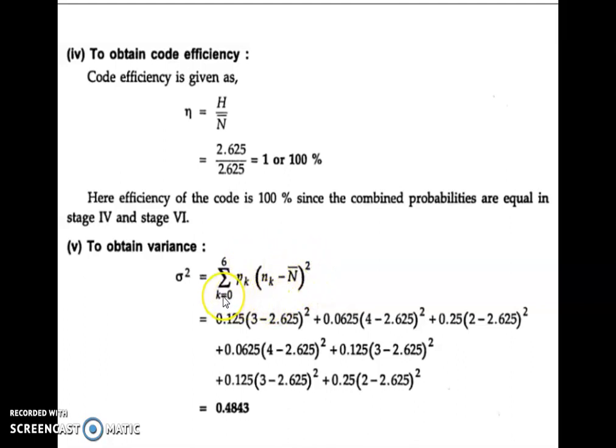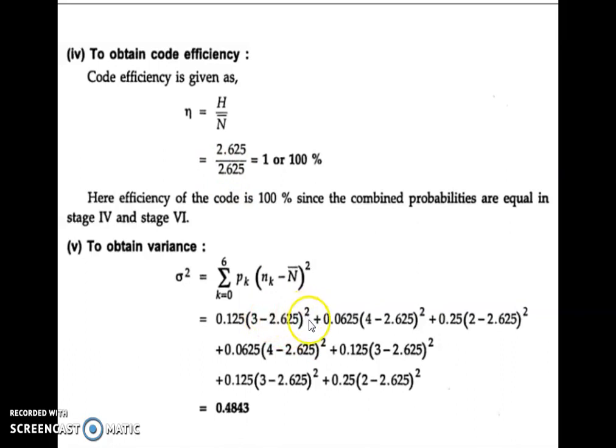When you put the different values of k in this equation, it will be P0, P1, P2, P3, and so on till P6. The first entry will be P0, which is 0.125. The nk is the number of bits for that particular symbol, which is 3, minus the average code word length, whose value is the same for all, 2.625,